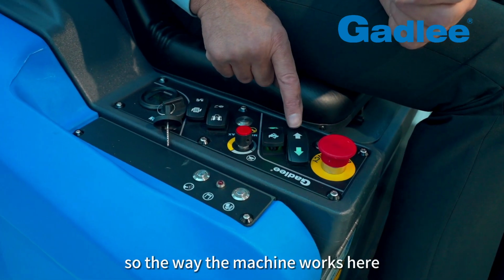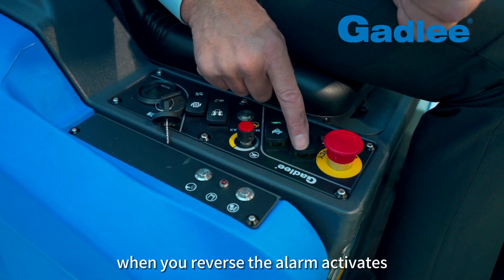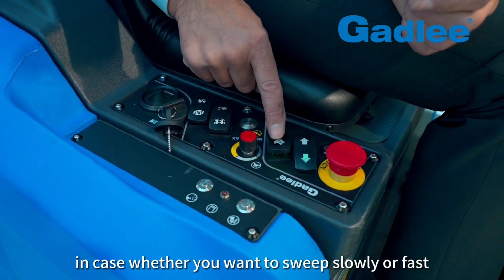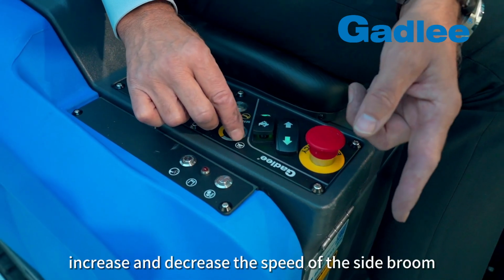So the way the machine works here, we have a forward and reverse switcher. When you reverse, the alarm activates. So this is forklift style. We have slow speed and fast speed in case you want to sweep slowly or fast. We have a dial here which will increase and decrease the speed of the